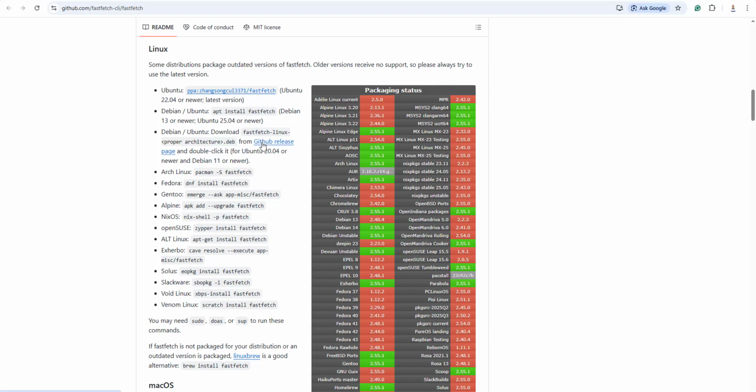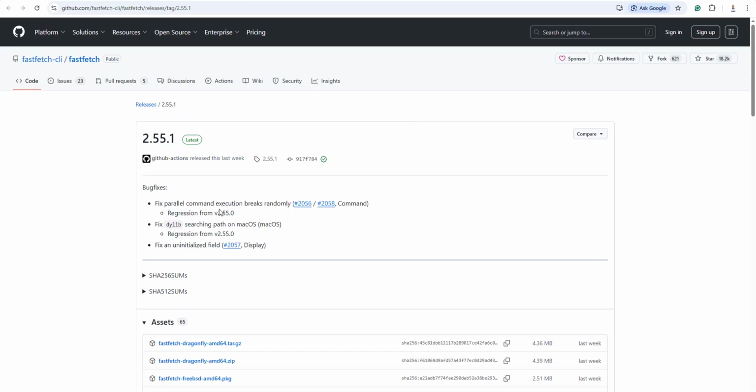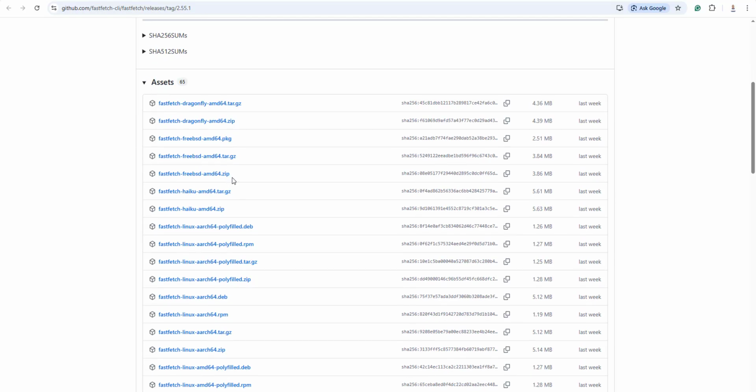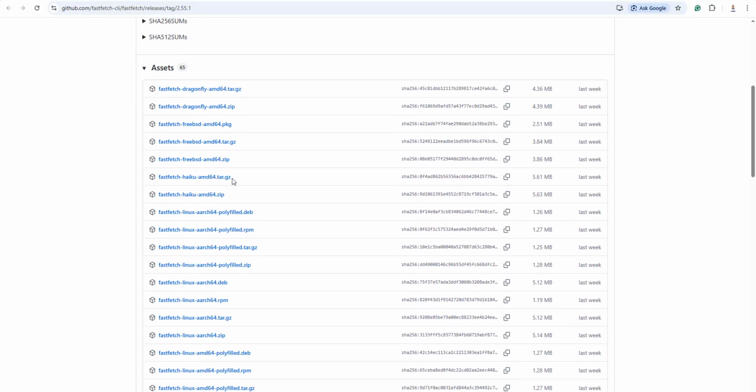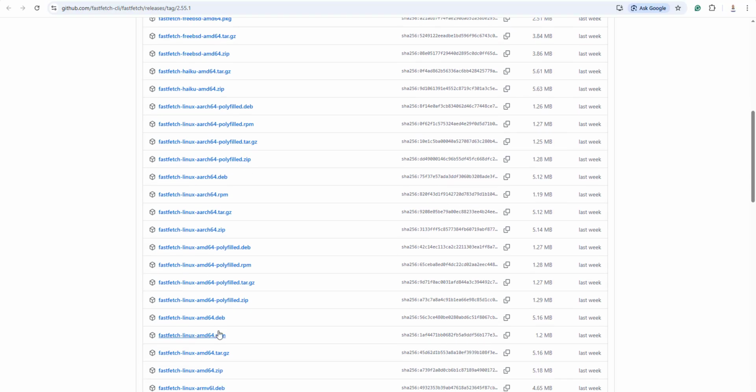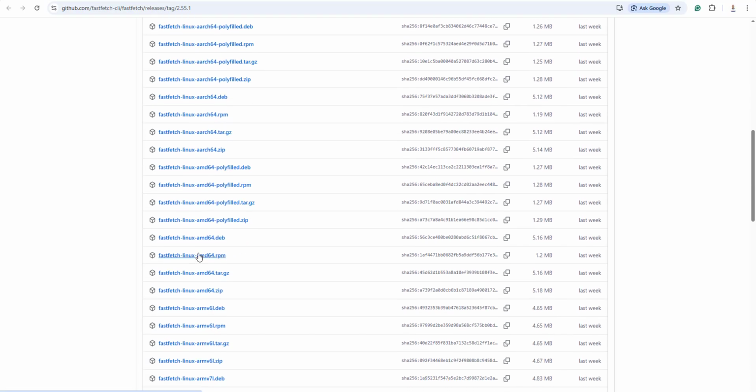You need to go to this GitHub page and grab the 64-bit Debian file. Okay, so here you can go to the assets section, and you need to grab the Debian 64-bit file, which is here. Scroll down to this part, and I'm going to copy the link,